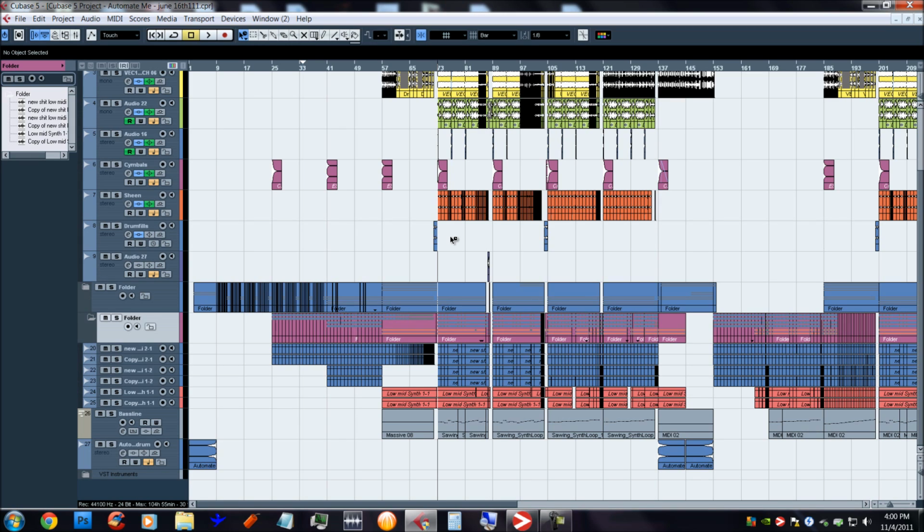A DAW is a digital audio workstation, like Cubase or Fruity Loops or Reason, or whichever one you choose to use. I use Cubase because a lot of the guys that I've learned from use it, and I was taught on Cubase, and I can do anything that I desire in Cubase, and so therefore, don't fix it if it ain't broke. Anyway,